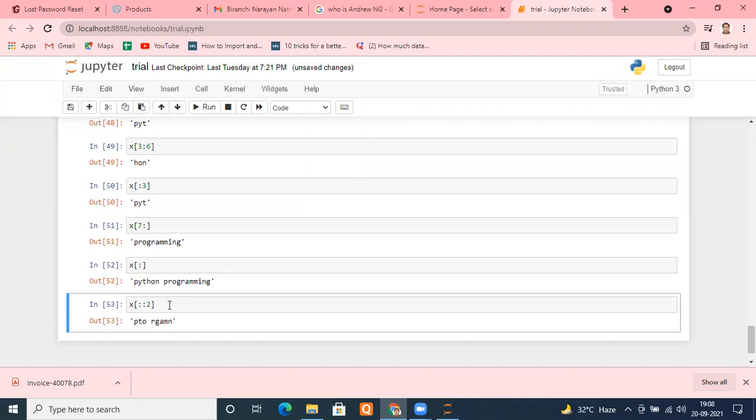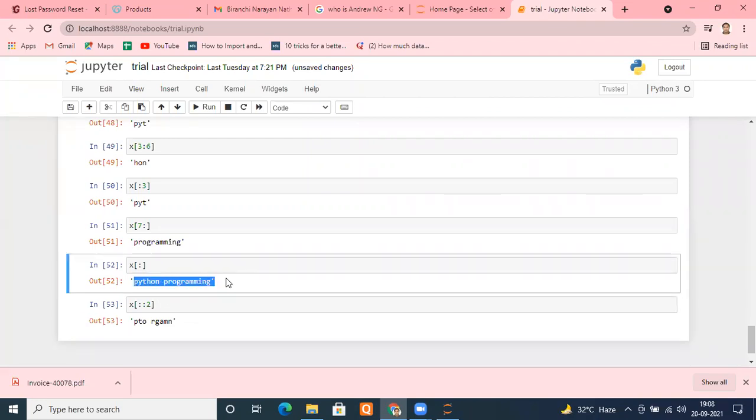Is it fine? Yes, sir. Sir, I'm not getting the output. Why, beta? What's the problem? Exactly check what you have put under X. Is it the same as this? Check the characters properly, please.